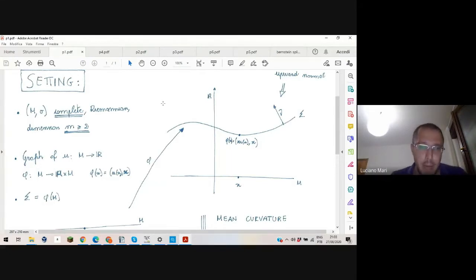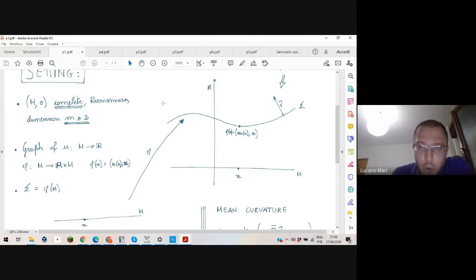The setting is the following. I have a complete Riemannian manifold M with a metric sigma of dimension bigger or equal than 2. And I have a function u that creates a graph in R cross M. The graph map is phi, and I write Sigma to denote the graph of phi. So it's a subset of M cross R. M cross R can be endowed with various different metrics, and the problem is particularly interesting when we endow